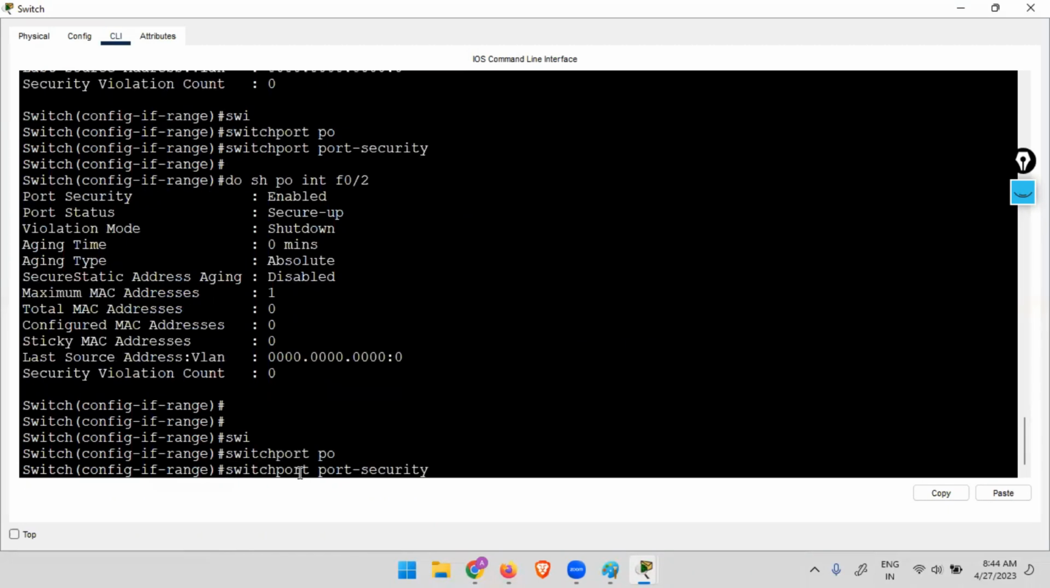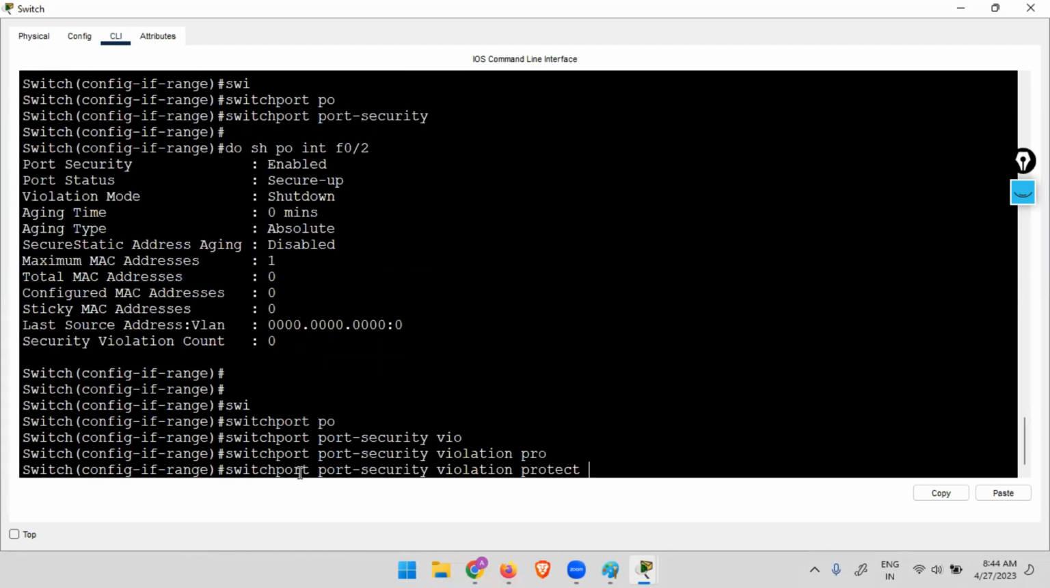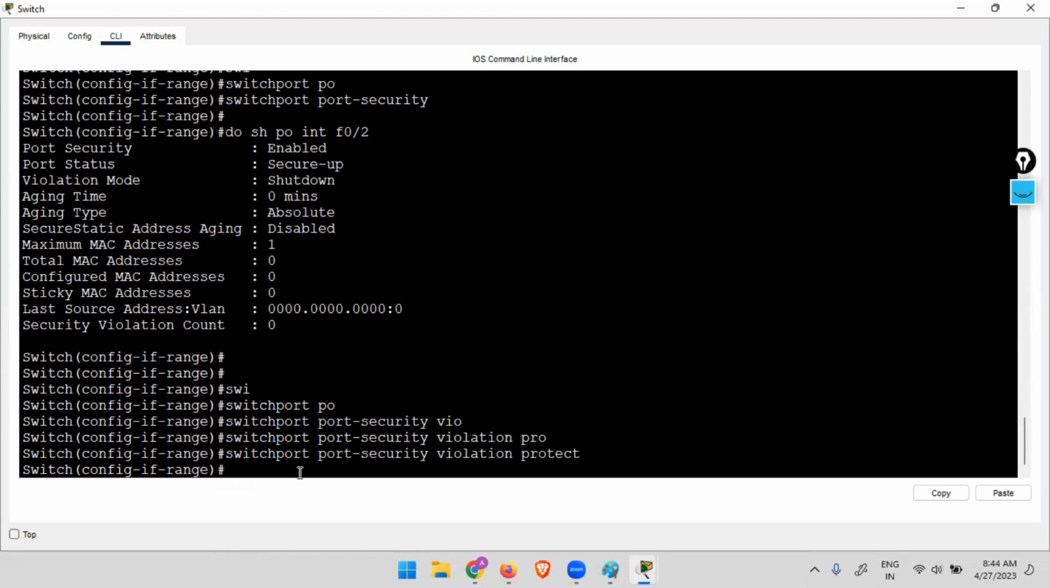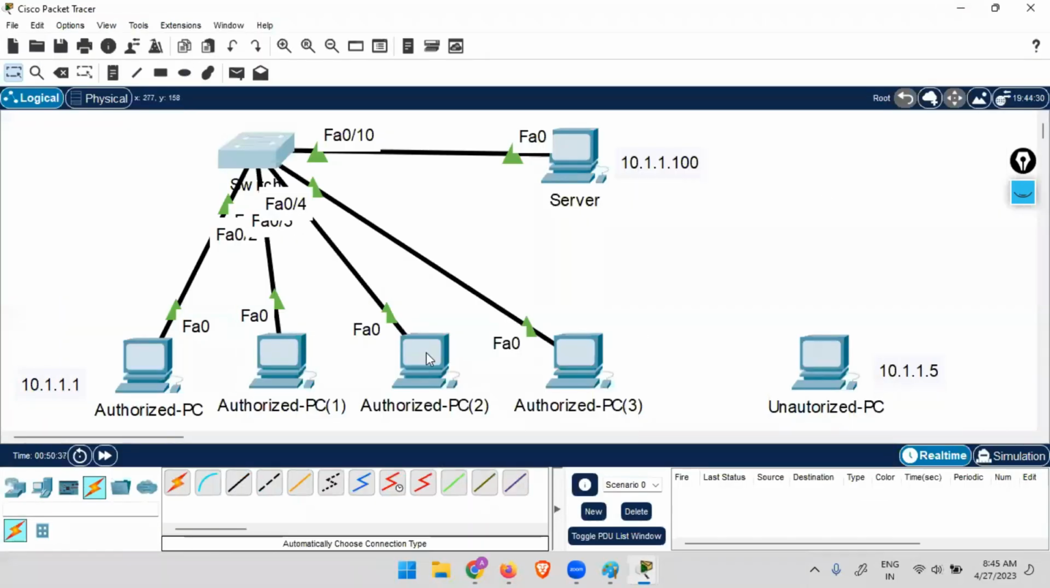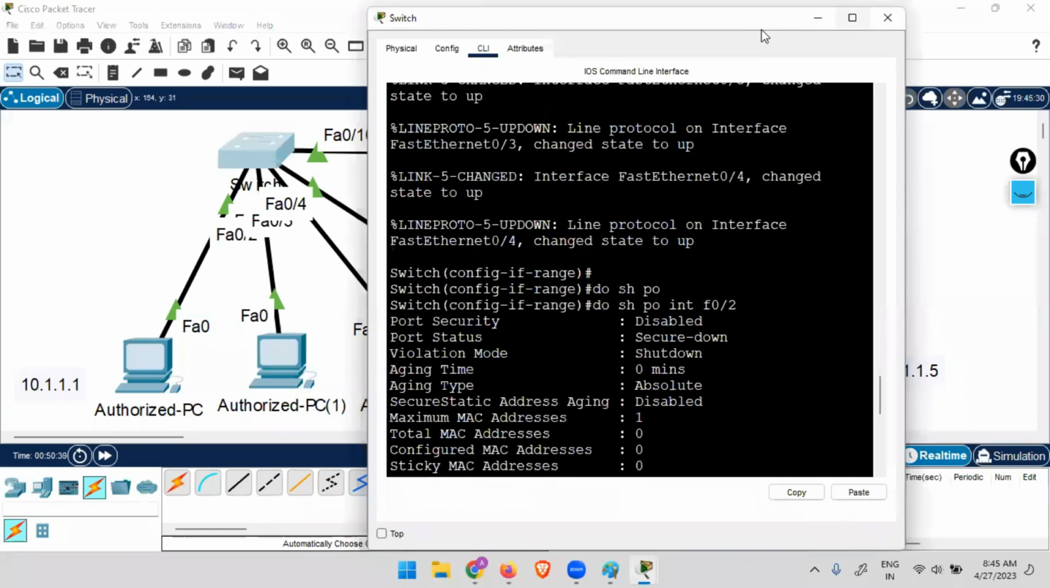And let's change the mode also. Switchport port-security violation, and let's say protect. So in protect, port will not go down, right? Unauthorized PC will not have the communication, and logs will also not be generated. Okay. Now see, these are all authorized PCs. So if I check the running configuration as of now,